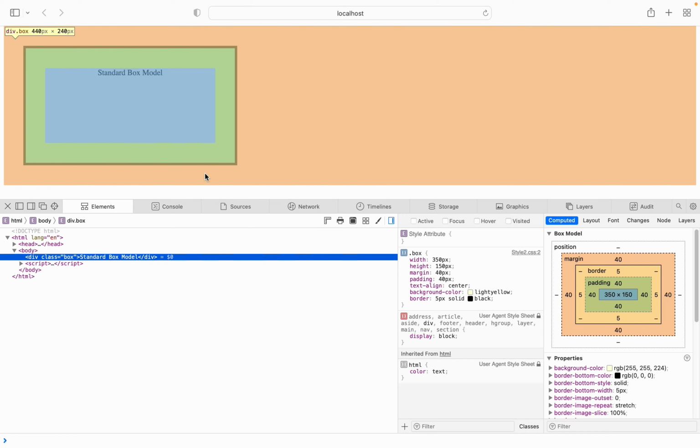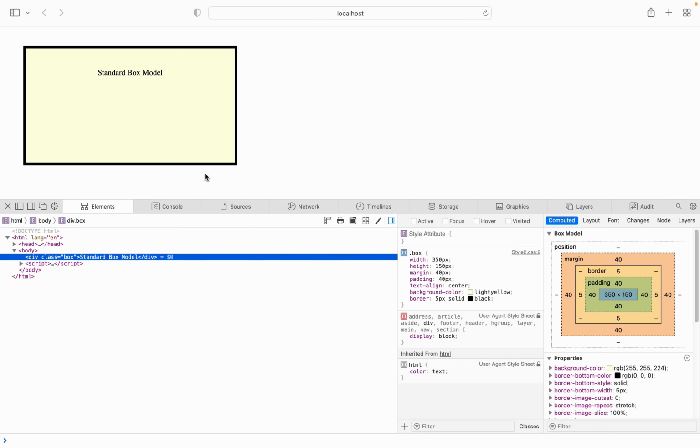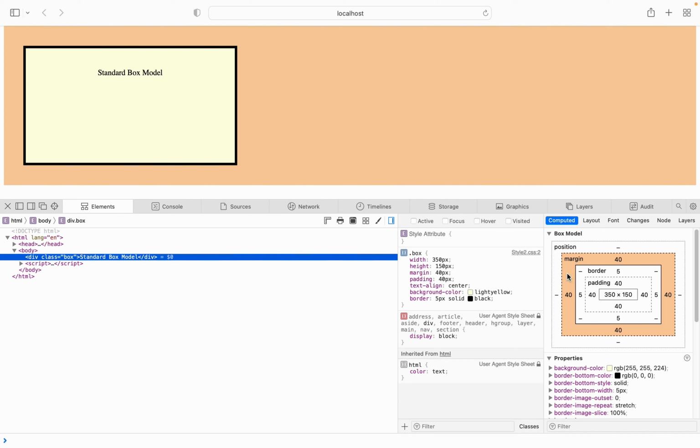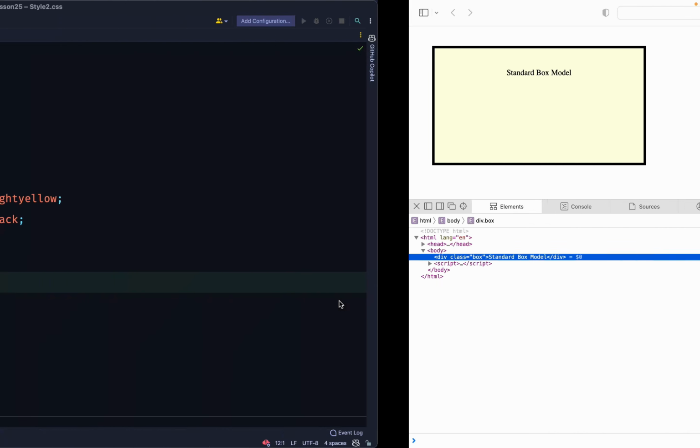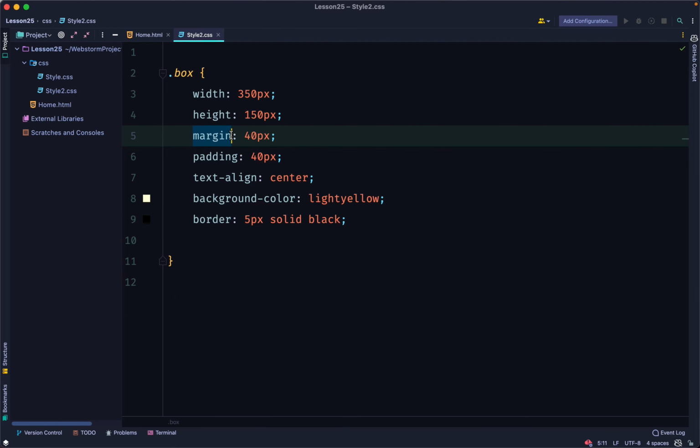We inspect, and in the web box model, you can see that the margin on the top, bottom, left, and right are all 40. This is because we have specified margin 40. So it automatically applies it to all the margins. Let's say you want to now tamper with it and give a side a different margin. You can now expand it to margin left,